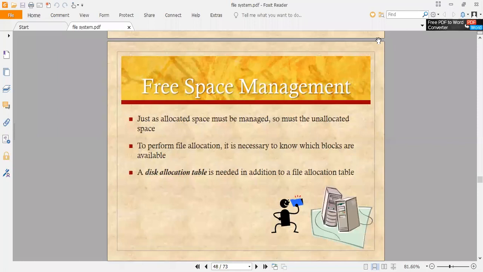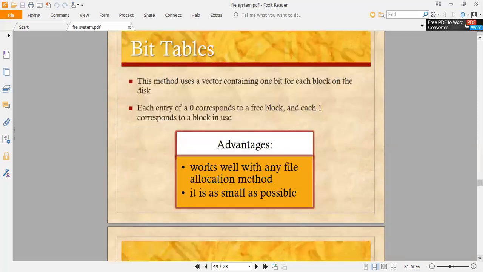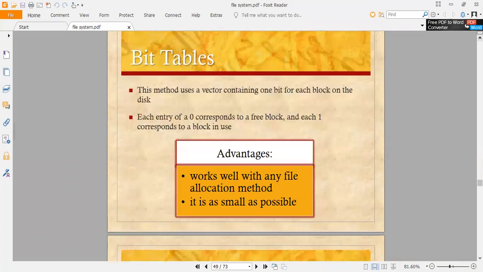So we are maintaining a record of free space as well, so that the portion of resource can be reused. And this can be done with the help of bit tables, right? So we can maintain the bits for empty spaces as 1 or 0, and the advantage of this is it works well with any file allocation method and it is as small as possible.